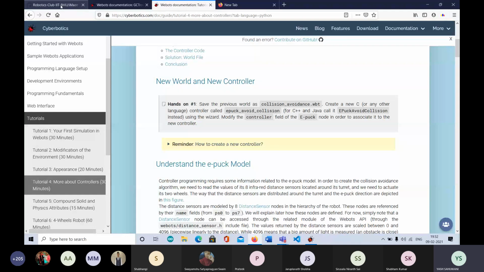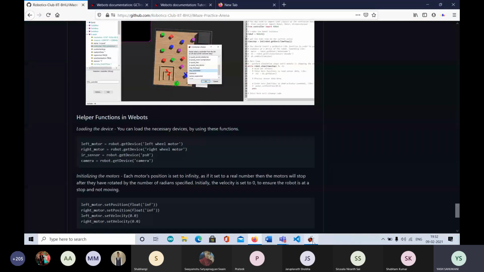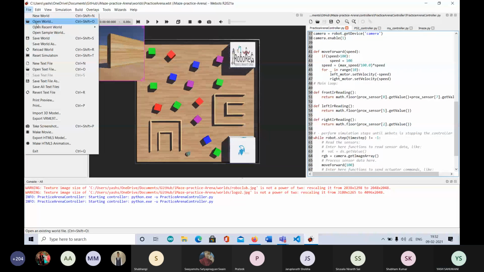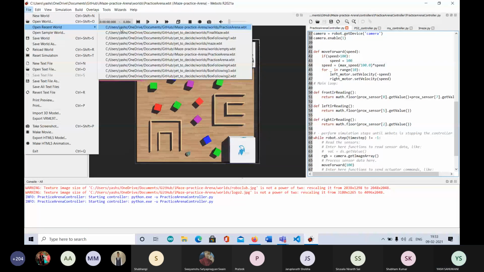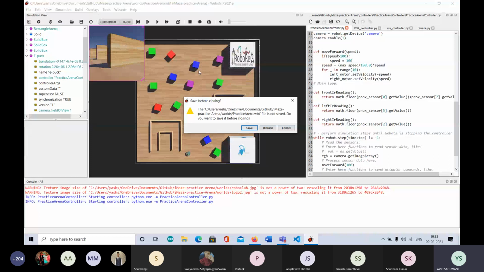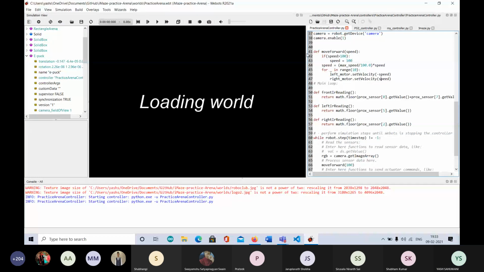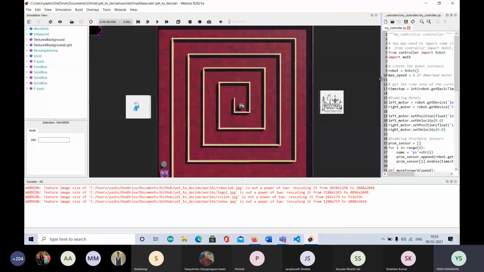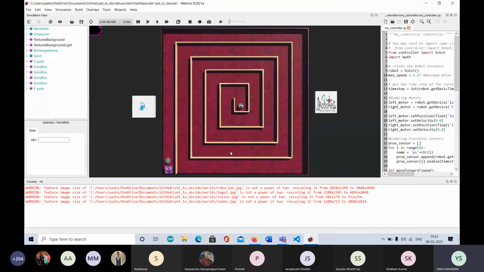Now I'll move on to showing you the first PS, which is the file. So this is the first problem statement that you'll be using. This is the maze that you have to solve.